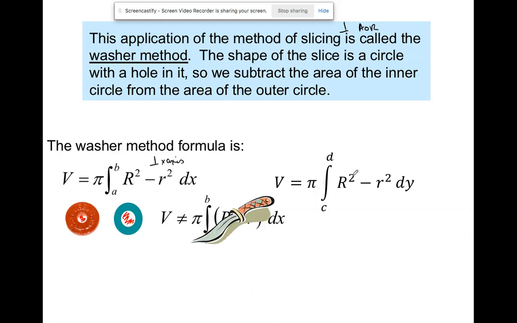Please be very, very careful. So in this instance, you are slicing perpendicular to the x-axis. So your limits of integration are x numbers, your functions are in, your radii are in terms of x, and you're integrating dx. If you are slicing perpendicular, slicing down or towards the y-axis,